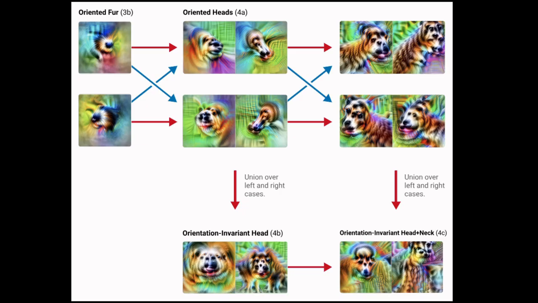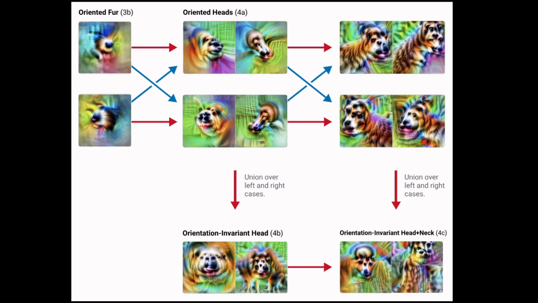An example of circuits in vision models is a dog head detector. In a lower layer, it detects noses and fur that are either left or right facing. It detects that independently. It then has a left facing snout feature, which stimulates the left facing head feature. It makes it more likely that a left facing dog head will be detected. And it inhibits the right facing dog head feature. And it also works the other way around.